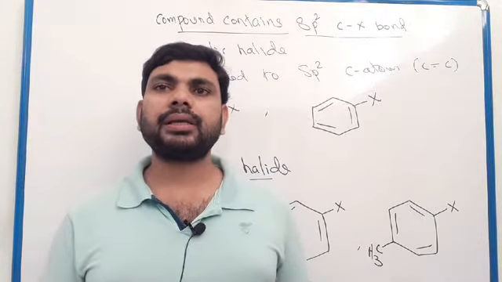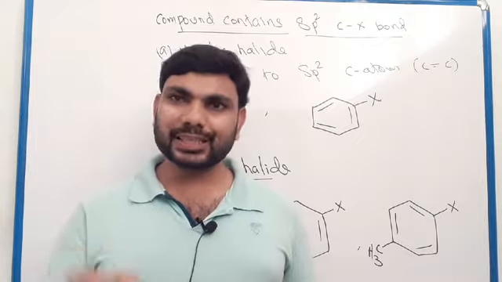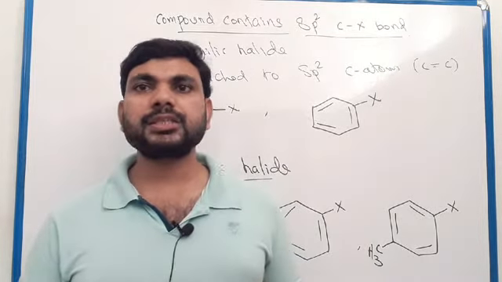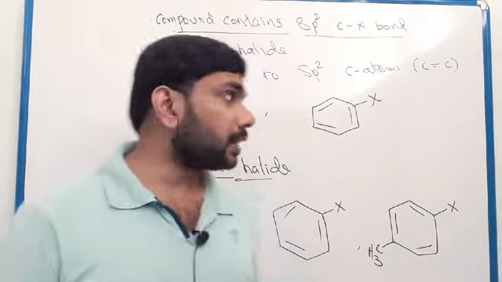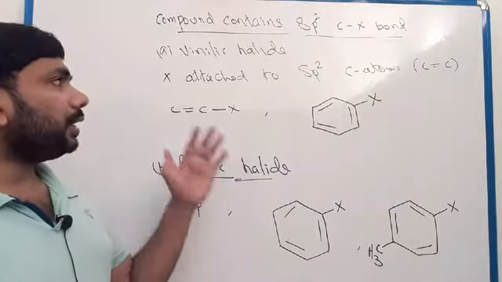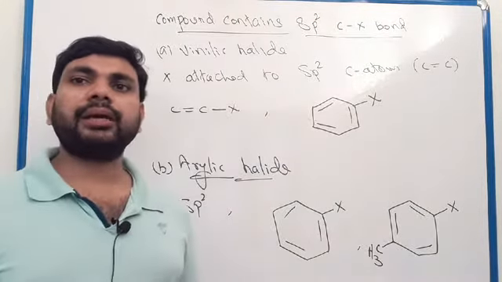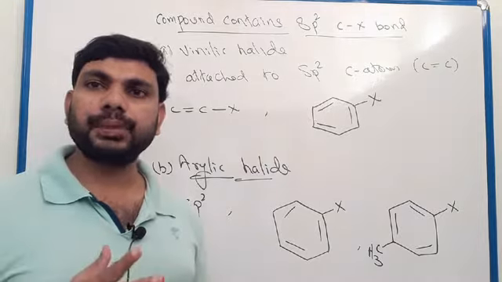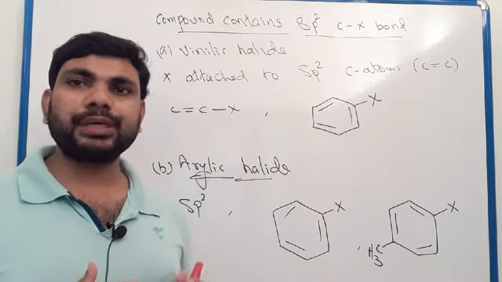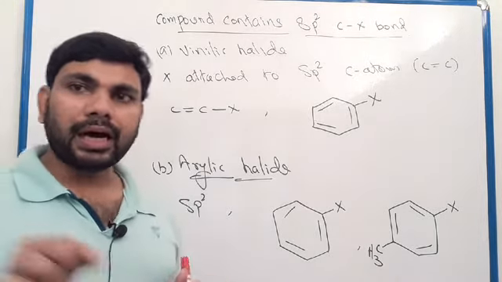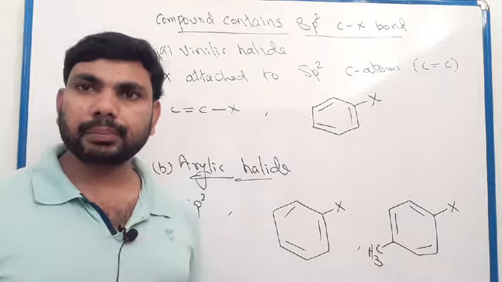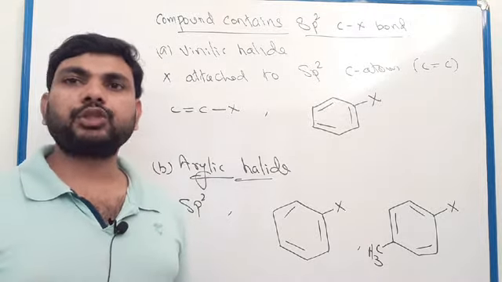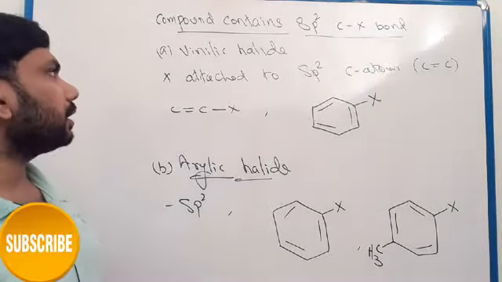That carbon is sp2 hybridized. Okay, so here we have two classifications only. Here we have to study sp2 hybridized, halogen directly attached to a carbon. That carbon is sp2 hybridized. Two classifications here. First one,